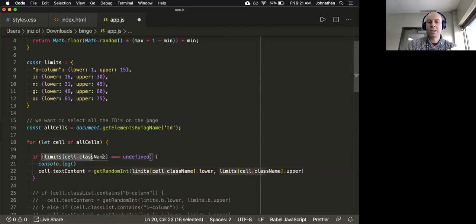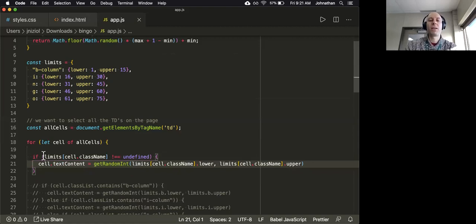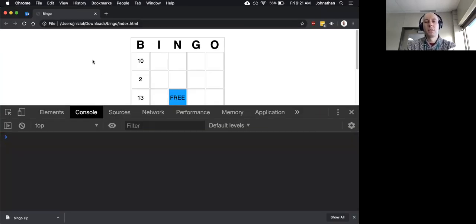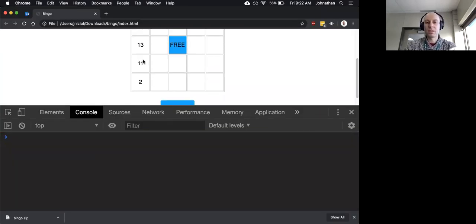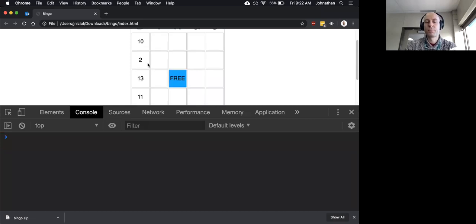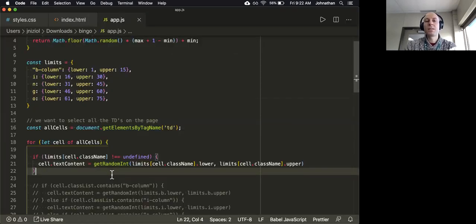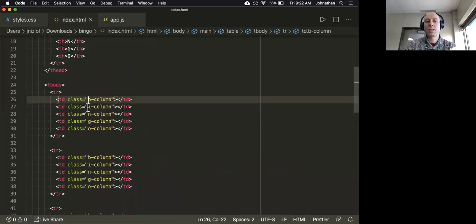I thought that this should be an object, limit cell.className. So let's see if it, sorry, not equals undefined. Oh. Okay, so as long as there's something in it. So as long as this doesn't equal undefined, do this. My apologies. And we get this. Which means if I were to change all of these to match the classes in here,